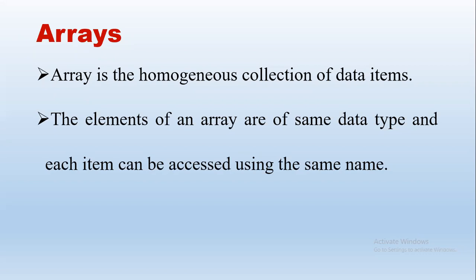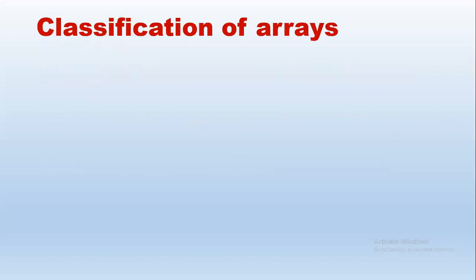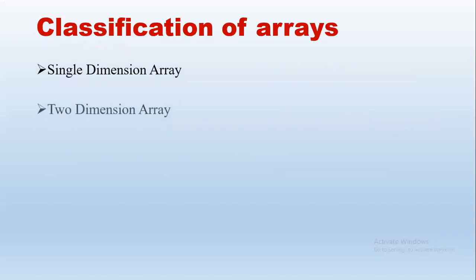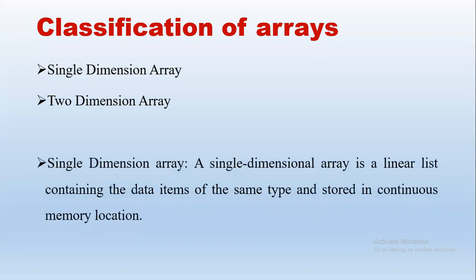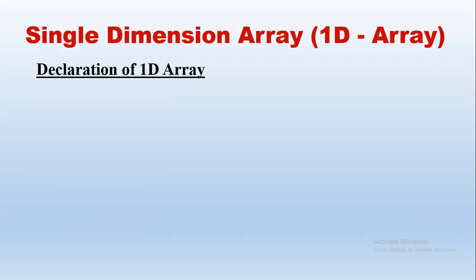So one dimensional array as well as two dimensional. Those are the two types. So single dimension is just a linear list. We have one index to identify the elements and we have a single name and the elements are stored continuously. So we have seen an example and also we have seen programs, like declaration of a one dimensional array, so that we can compare with 2D array. I just included the same again here.